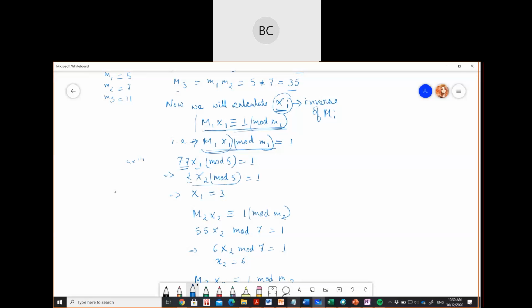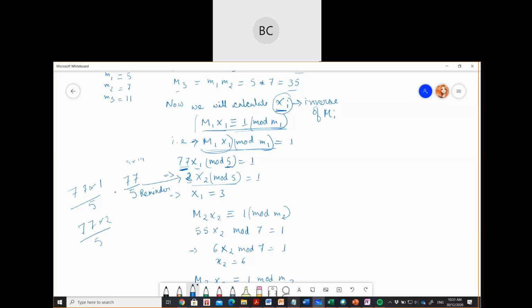Now you have one option, it's like a hit and trial method. You will just start from 1, then check, means you can start from 77 by 1, then divided by 5, then 77 by 2 divided by 5, then you will just check each value of xi such that you get a remainder 1. Okay, this is one method. The second method is the simple way which I have done here, you can simply divide 77 by 5. Okay, this 77 divided by 5. So whatever will be the remainder, you can just place it here. This 2 is the remainder